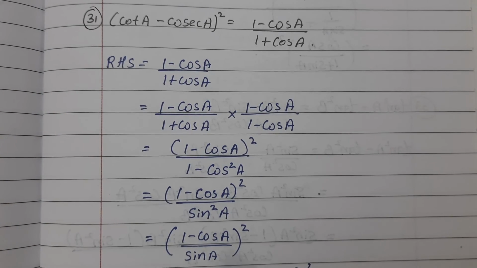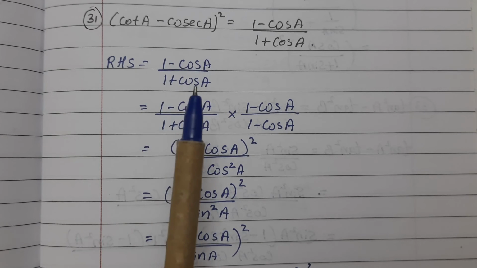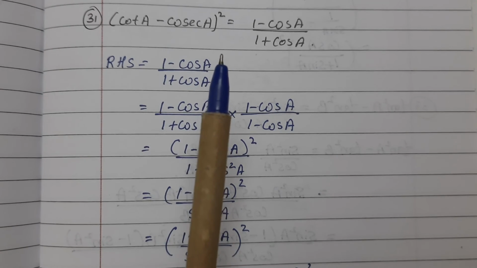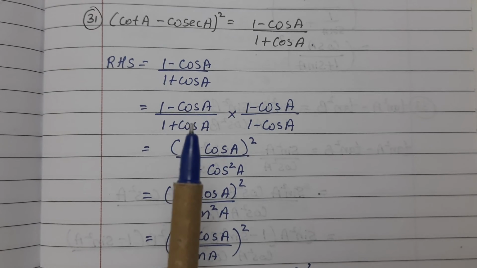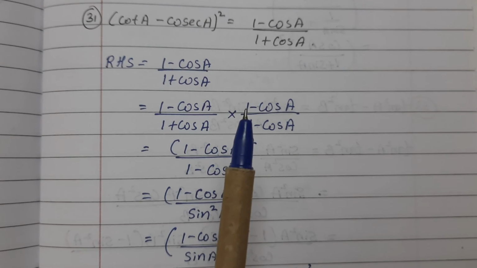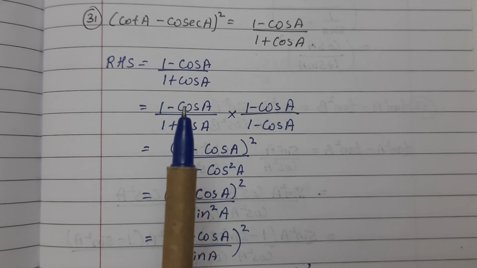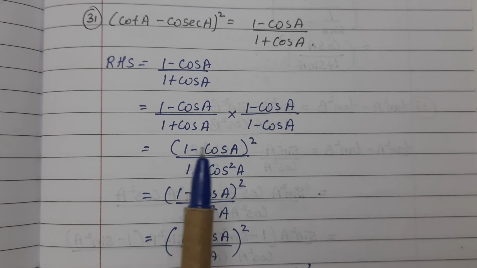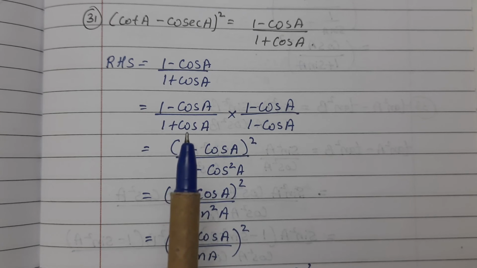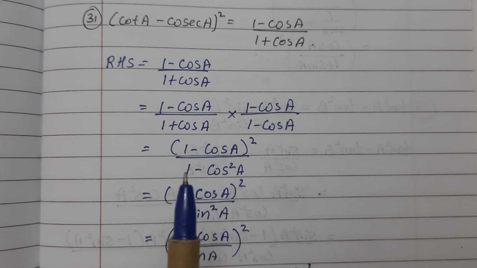Sum number 31. Right hand side is equal to 1 upon cos A upon 1 plus cos A. Multiply and divide by 1 minus cos A. We get 1 minus cos A upon 1 plus cos A into 1 minus cos A upon 1 minus cos A. Numerator is 1 minus cos A into 1 minus cos A, which is equal to 1 minus cos A the whole square. Denominator is 1 plus cos A into 1 minus cos A, which is equal to 1 square